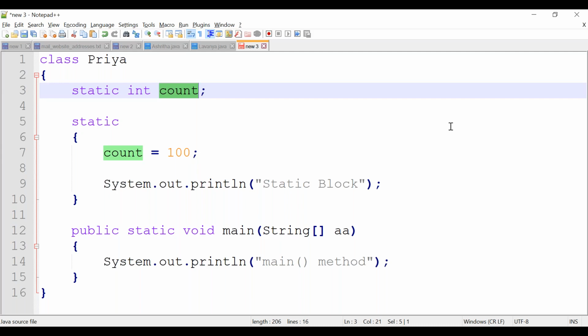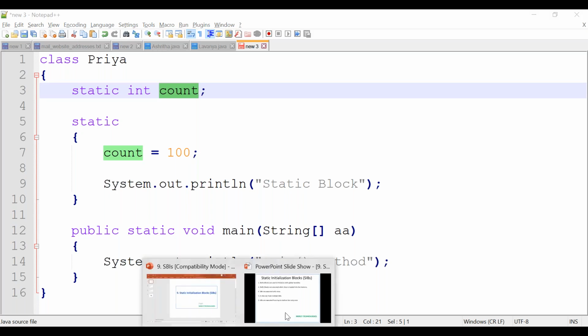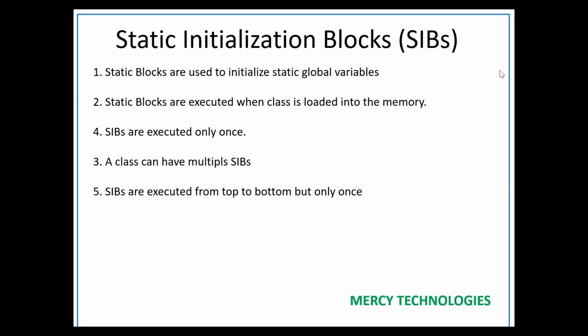In other words, the name itself says static initialization block. What does it mean? Static initialization block means it is used to initialize static variables. Correct. It is a block, correct?